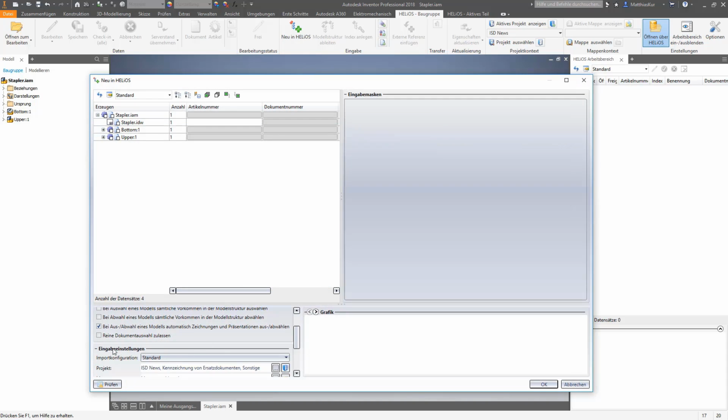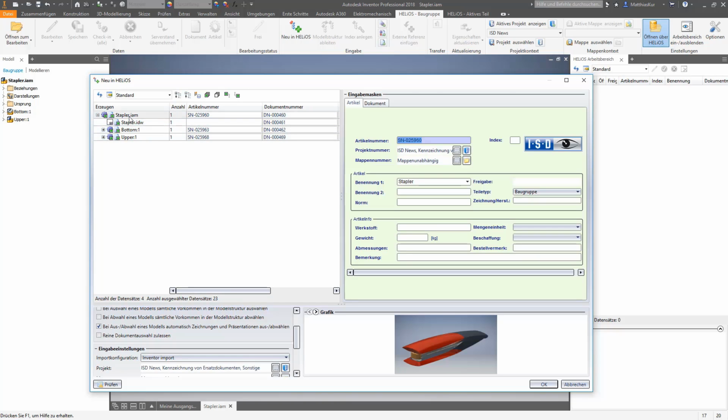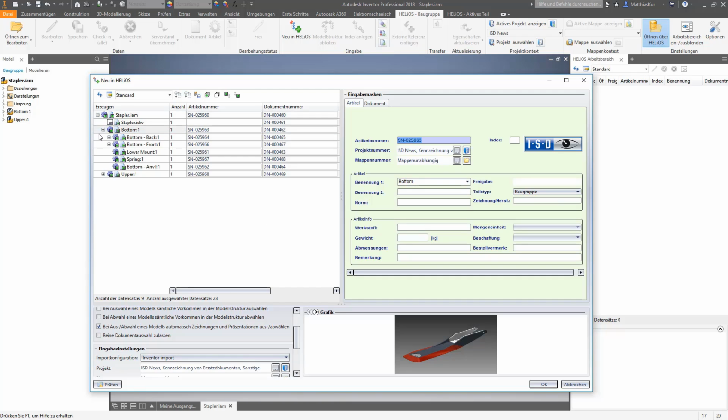And what needs to be done here in the input settings is that the mapping has to be switched from standard to our new import, which we have entered. Here I would like to apply all. Now all information shows up as it has been configured. The part type here says assembly, the file according to its name has been entered, and if we now have a look at a part,